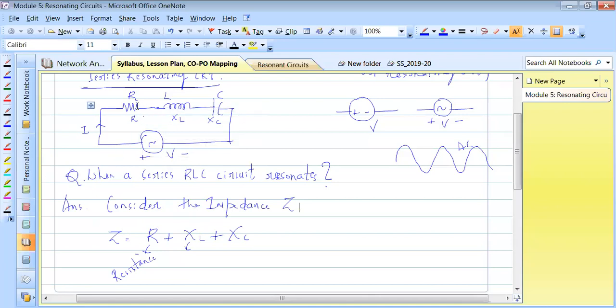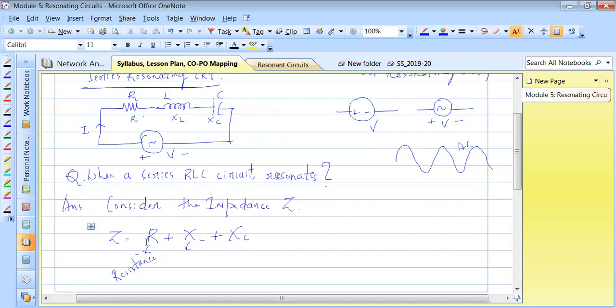Which component will have resistance here? The resistor will have resistance. Okay with that? Which components will offer the reactance? The inductor and capacitor will offer the reactance. That is also resistance to the current flow, but it is called the reactive part. L and C are called reactive parts. They offer some reactance. So the reactance that the L is offering can be denoted as XL, and the reactance that the C is offering can be denoted as XC.